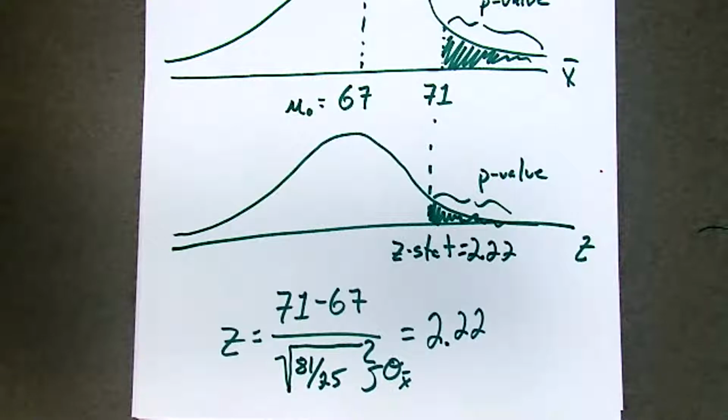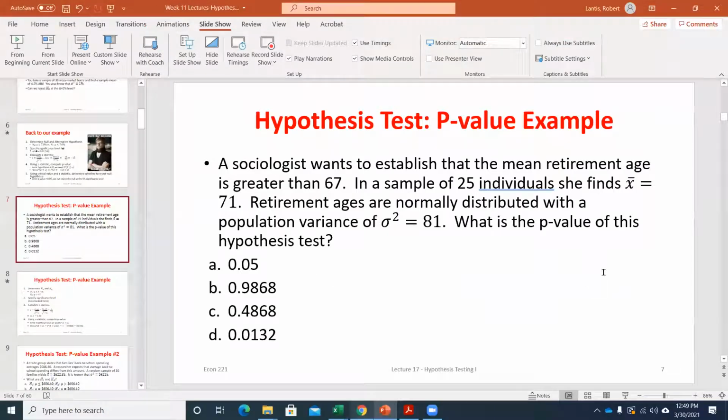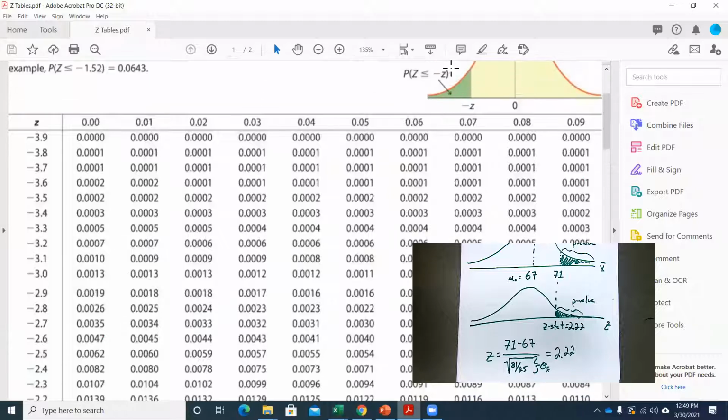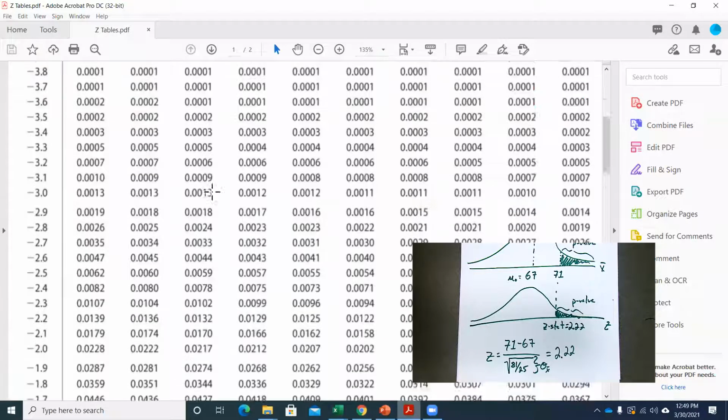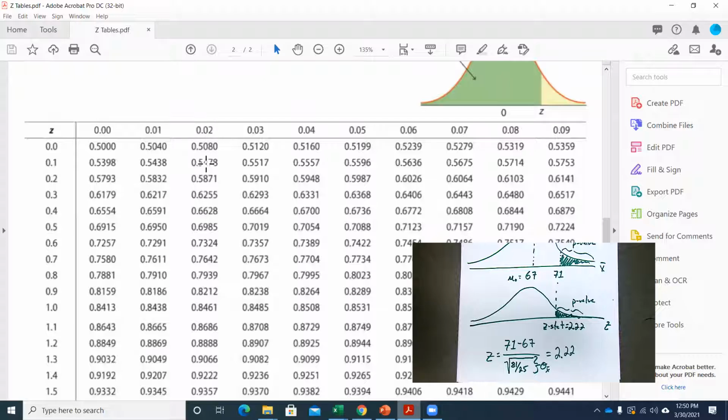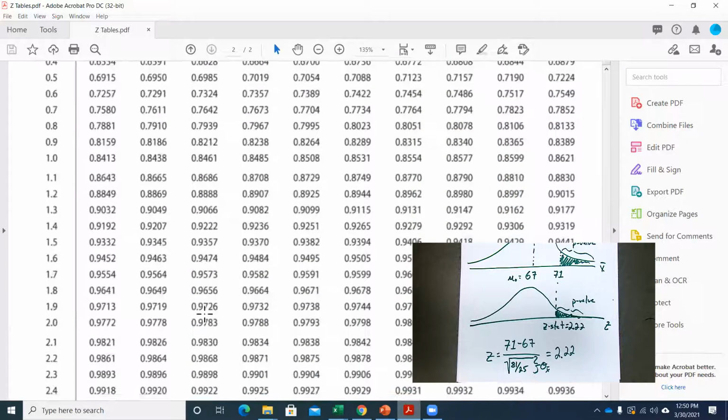Okay. So the next step, we've got to find our p-value, right? So we got to look up 2.22. So here's the second decimal, 2.22,